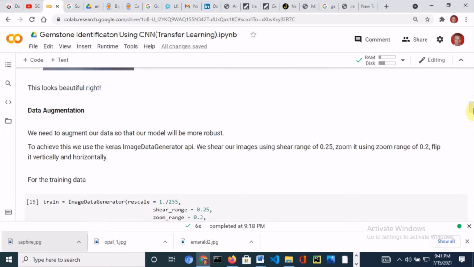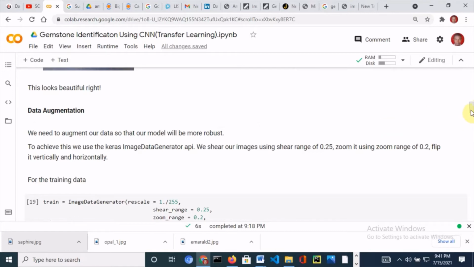So after that, I decided to get the data ready for the model. So I decided to augment the data. The augmentation is more of adding variability to the data, trying to make the data kind of resemble real life. In real life you will not always find a perfect image. At times you may see images that are squeezed, or images that are shifted to the left or to the right. So that's what I use this data augmentation to do.